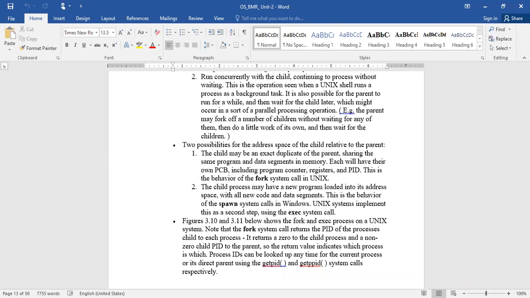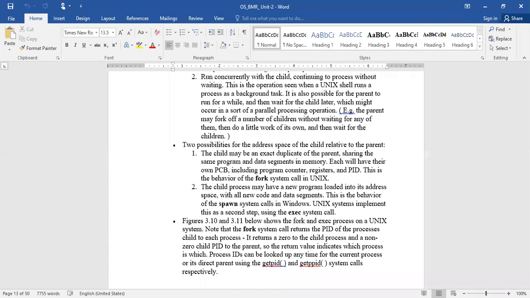Suppose while creating the child process, it duplicates the parent address space, each and everything, not only the parent's address space, all of them except the process ID. Whatever contents are present in the PCB of the parent will be duplicated for the child. The only difference between parent and child is that the process numbers of the two processes are different; the remaining are all the same.